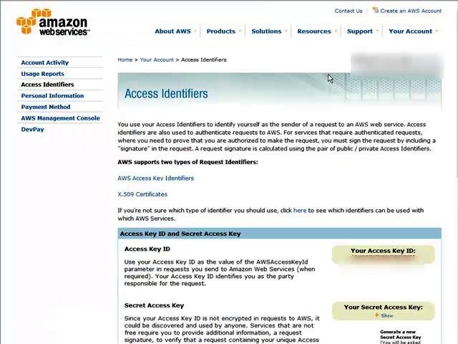Once you click on the link in your email, you'll come to this screen, and this explains a little bit about the two types of request identifiers that Amazon Web Services uses. Now you're going to need these access identifiers, your secret access key and your access key ID, to be able